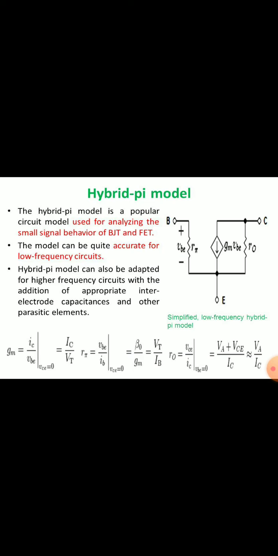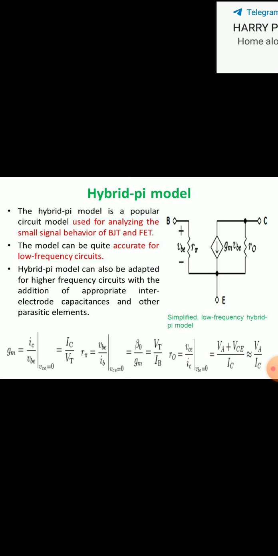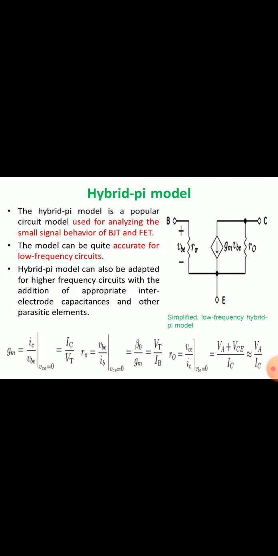So we know that common emitter configurations are widely used for amplification purposes. We have already discussed the common emitter configuration. So we have chosen the common emitter for our analysis. In this hybrid model for a transistor in the common emitter configuration, all the parameters, like the resistance and capacitance in the model, we are going to assume to be independent of frequency, but they may vary with the operating point.